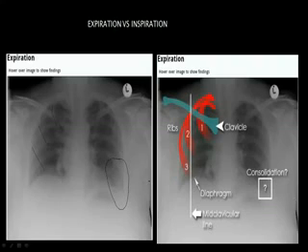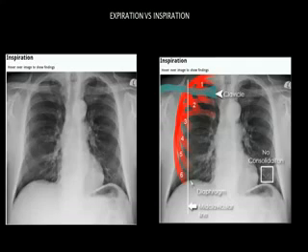So we may get confused when the suspicion is high. One may doubt whether this is consolidation or not, or whether it is pleural effusion or not. So that doubt may come. In such cases it is always good to repeat with proper inspiration. When that same X-ray was done with proper inspiration, you can see there is no doubt. Compared to this one, with proper inspiration this whole area cleared up.